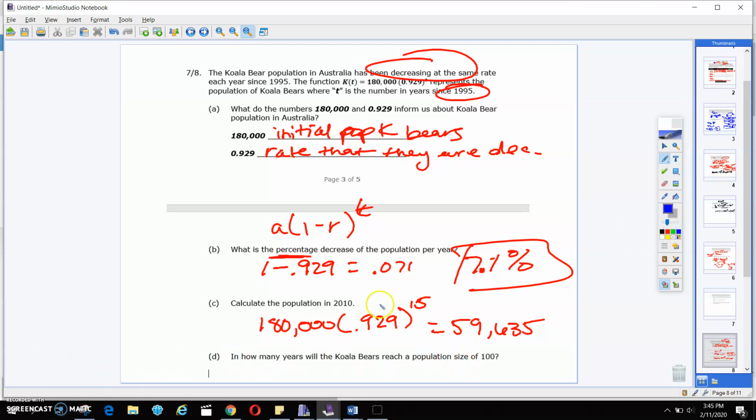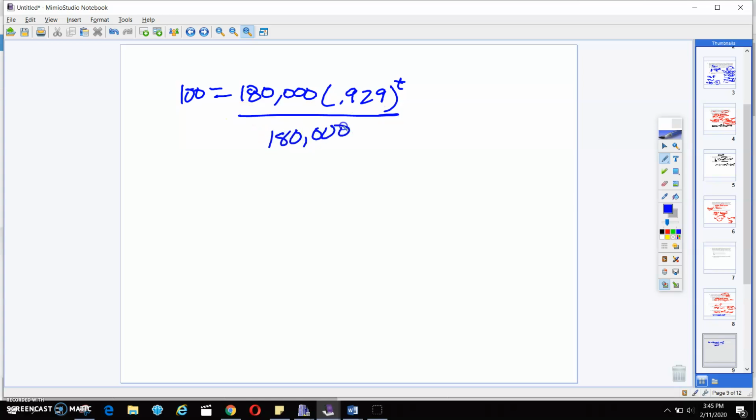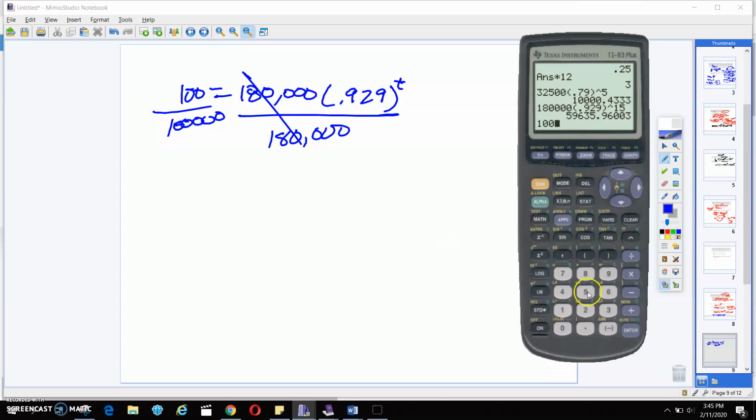And then it says, in how many years will the koala bear population reach the size of 100? So we're going to set 100 equal to this equation. And we're going to solve for t. So the first thing we're going to do is divide by 180,000 on both sides. Okay, so I'm going to put this on another page. So it's going to be 100 equals 180,000 times 0.929 to the t. So I'm going to divide by 180,000 on both sides. Sorry for my handwriting. And so if I plug 100 divided by 180,000 into my calculator,